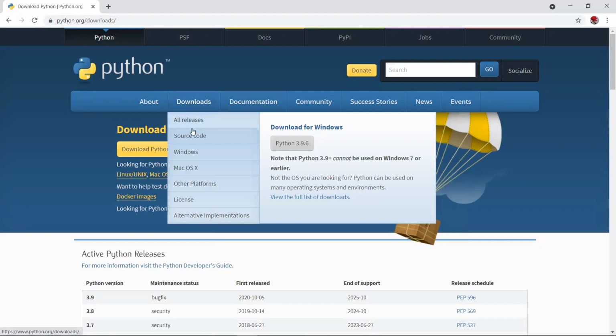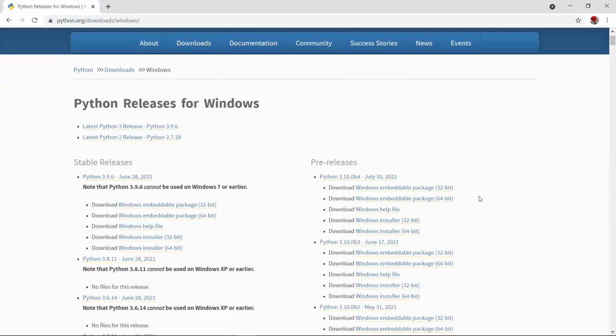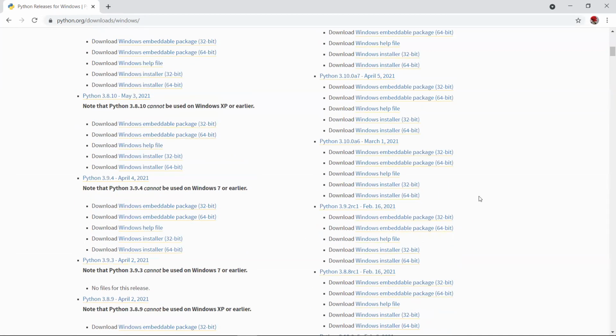Click on the first link and here you can see there is a menu, that is downloads. In this menu you have to select on the Windows because we are going to download Python for the Windows. If you have Mac operating system, so you can select this one. Okay, then I am just going to click on the Windows option. You can see here Python releases for Windows. There are many more versions for the Windows, but we have to search here 3.7.9. Okay, so you can search manually, and otherwise you can press the Control F to find the version.